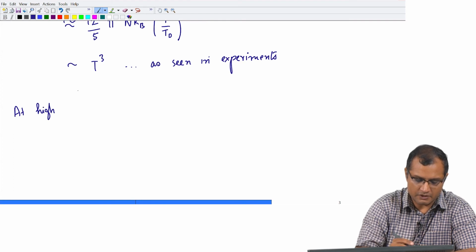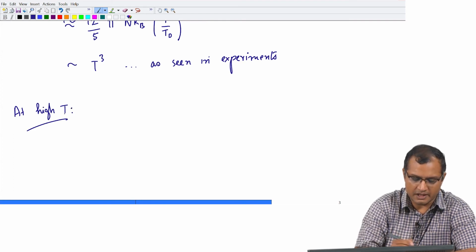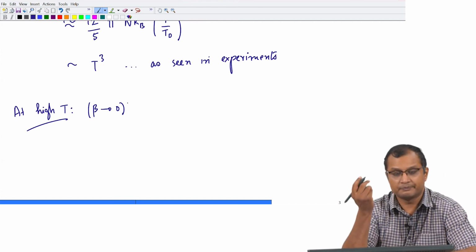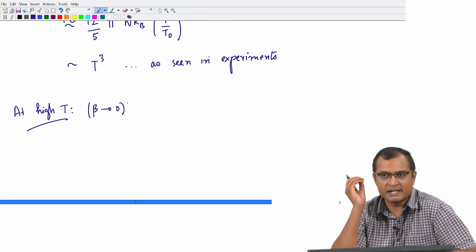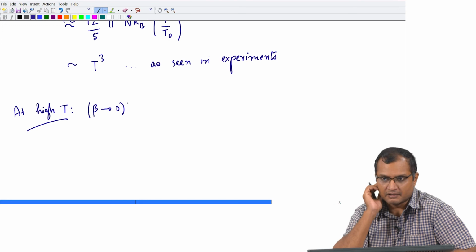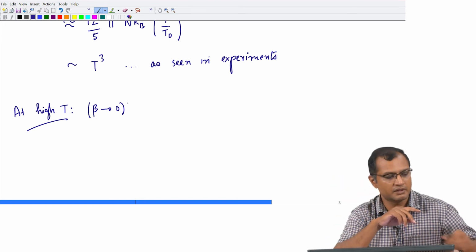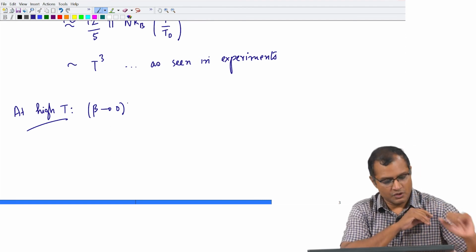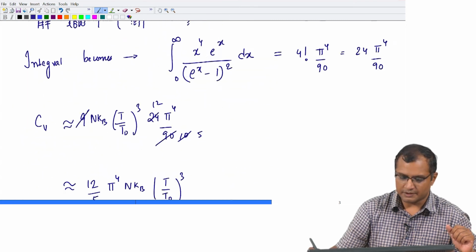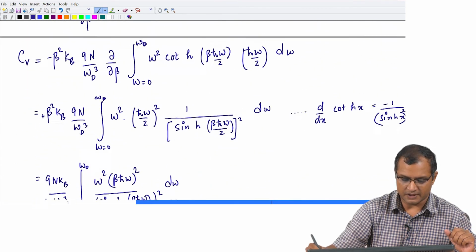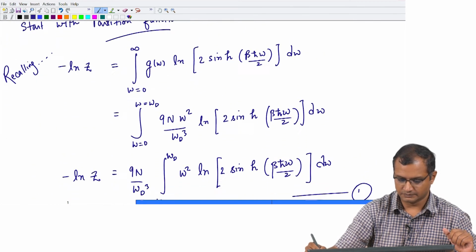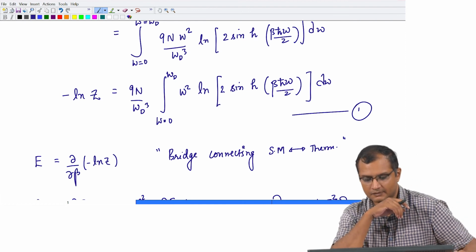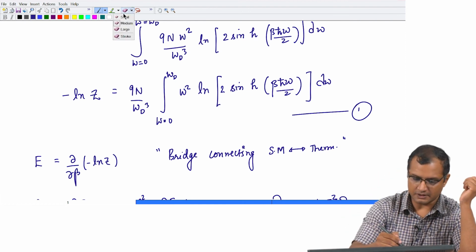So, it is necessary to invoke both the low temperature and high temperature behavior. The high temperature behavior is basically the limit beta going to 0. So, when I say high temperature, I do not need a reference scale here, since I can take temperature tending to infinity, much larger than your Debye temperature. That can be seen by looking at your partition function here. So here, if you take this expression of your partition function,